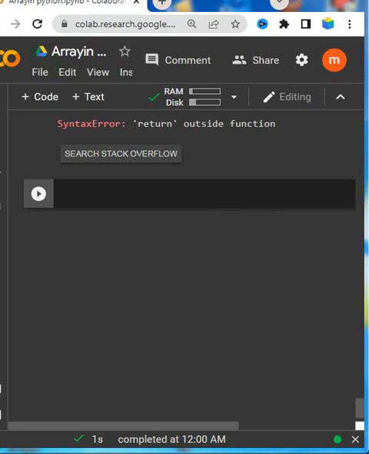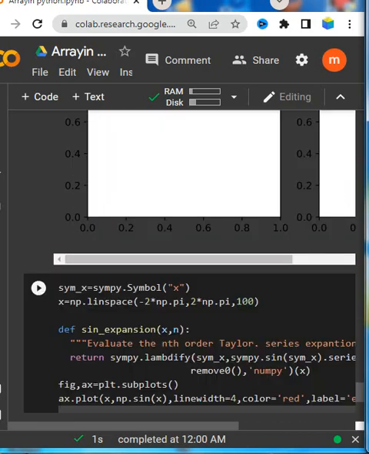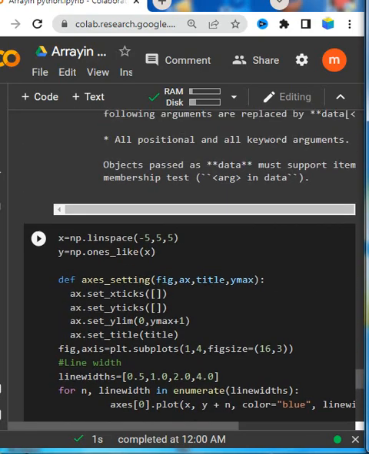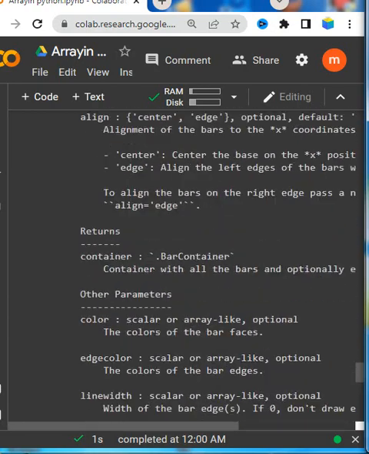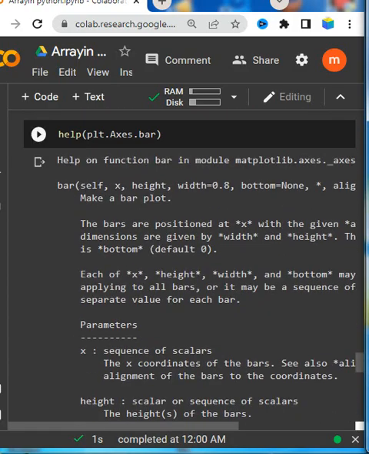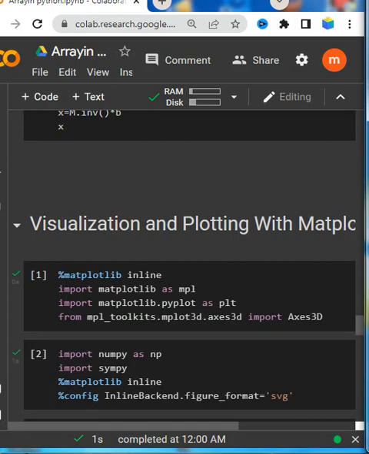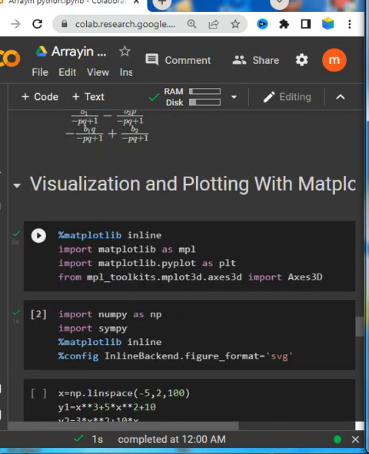Hello friends, today I am going to discuss how to plot log plots. I have already discussed how to plot using Matplotlib, and the libraries. First we can import some basic libraries like %matplotlib inline, import matplotlib as mpl,